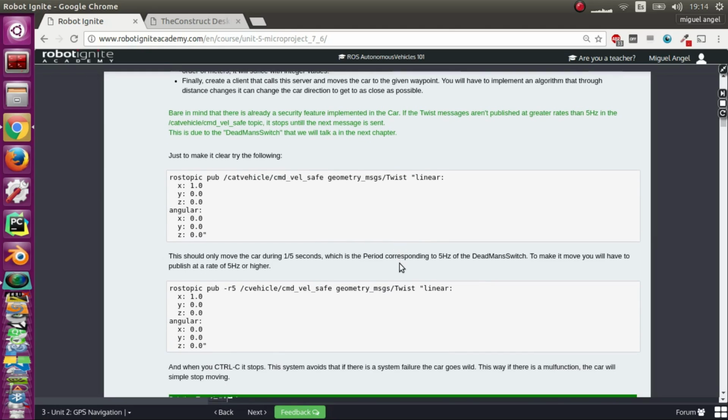And then you have to bear in mind this, which is quite important. When you publish, you will publish in this topic. The node that is reading this topic is using obstacle detection and a security system that we'll talk about a bit later, which is the dead man switch. This means that if you don't publish these,